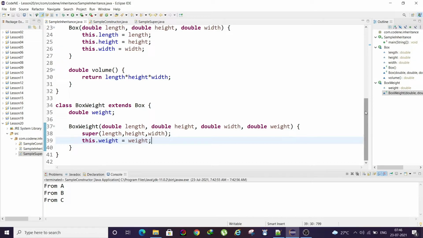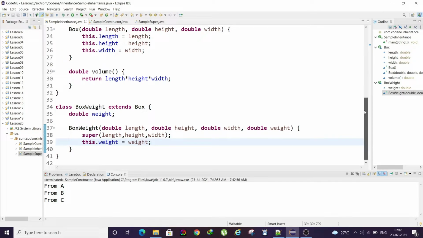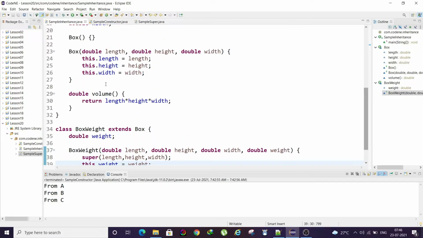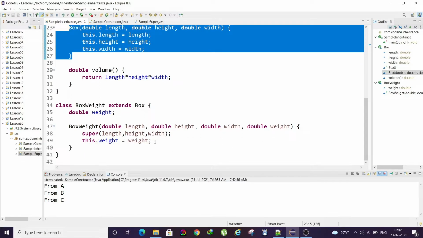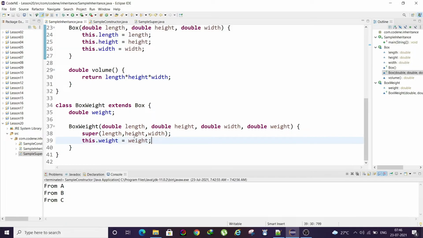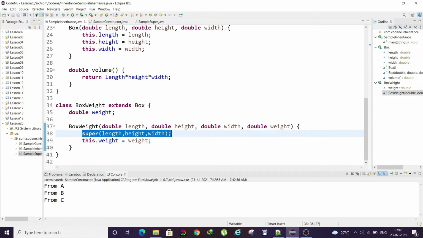Why write this length equal to length, which code already exists in your parent class? Why do you need to write it in the child? That is the purpose of inheritance, to reduce the clutter, so that we do not need to rewrite the same code again and again. We can inherit some properties. So that's why the super keyword helps you in this process.